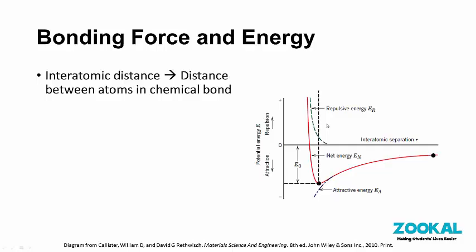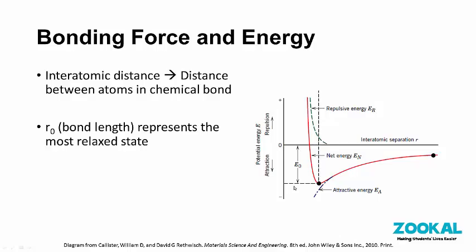Returning to the rubber band analogy, a rubber band has a length where it is most relaxed. Similarly, chemical bonds have a length or an interatomic distance where they are most relaxed. The interatomic distance associated with this relaxed state is the bond length, where the total energy is at a minimum. If we graph the total energy of the bond against the interatomic distance as seen on the right, we find that the bond length occurs where the energy is at a minimum, as you can see on the lowest point